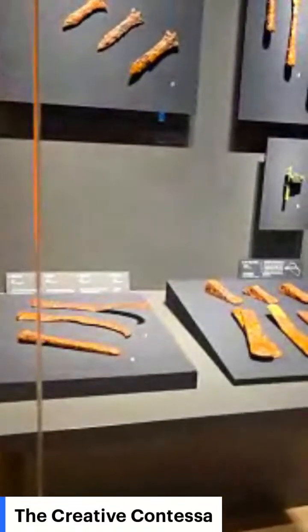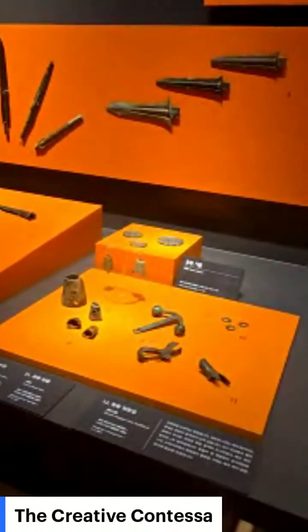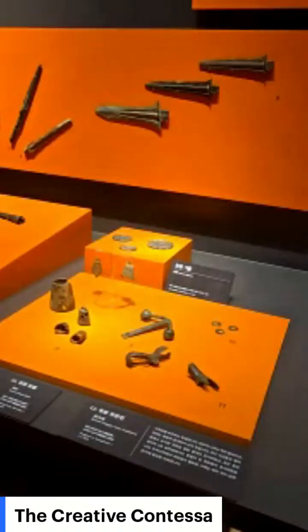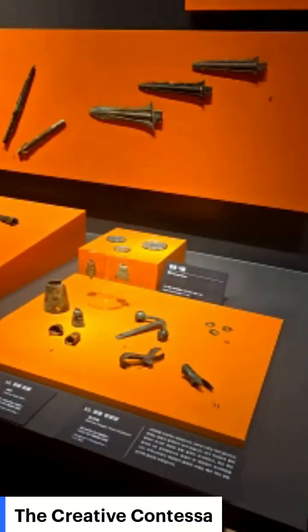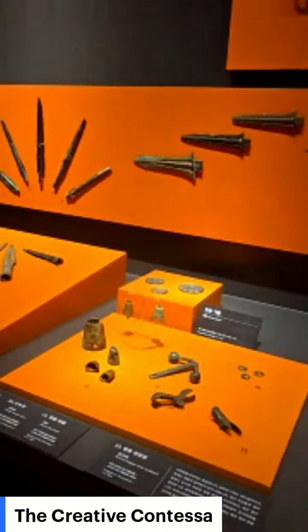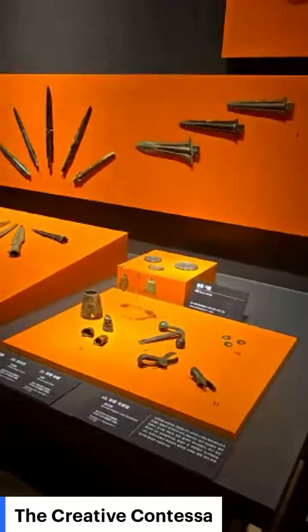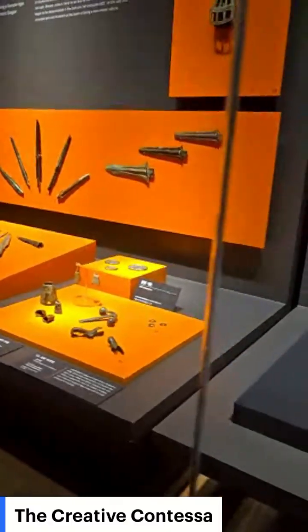We have here some ceremonial objects. So remember that ritual is very important across most of human society. It's the way we touch the intangible. And so here you can see a series of bells that have actually survived. They're bronze. And the sound, smell, light, touch,